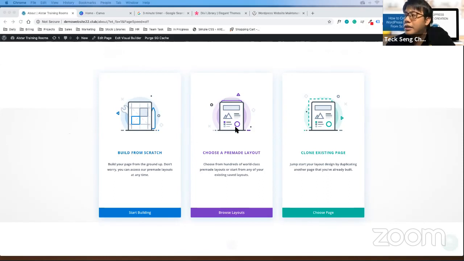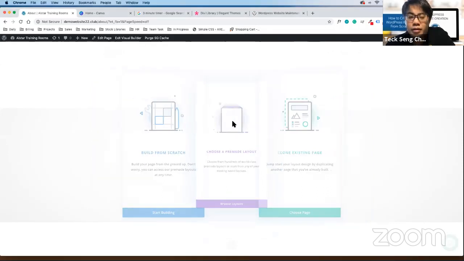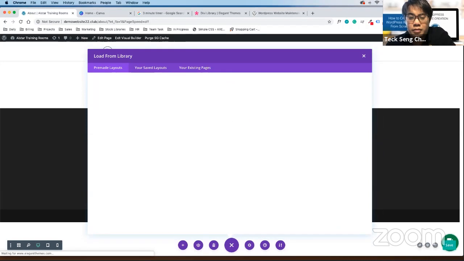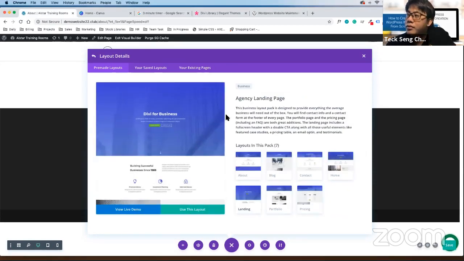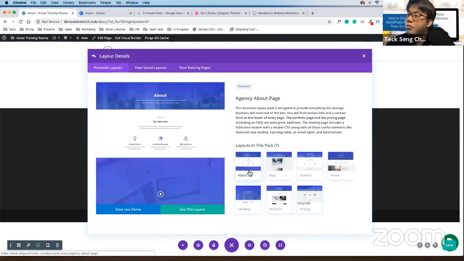Okay, so this time around, same thing, choose a pre-made layout. This time around, we're gonna choose about, just select agency. Select about. Select use this layout.